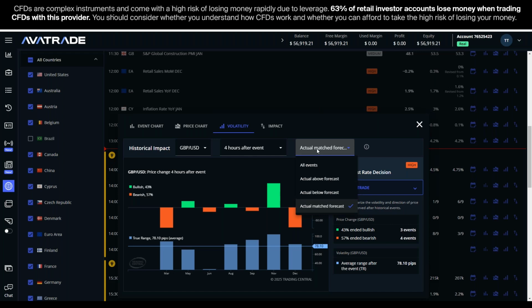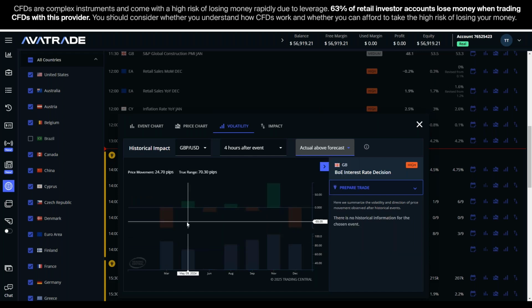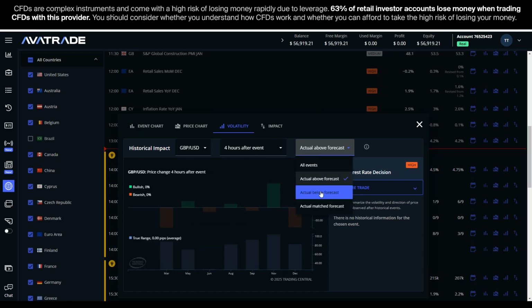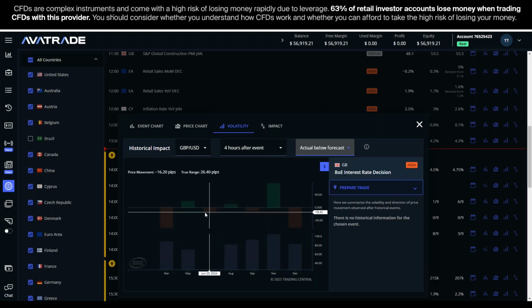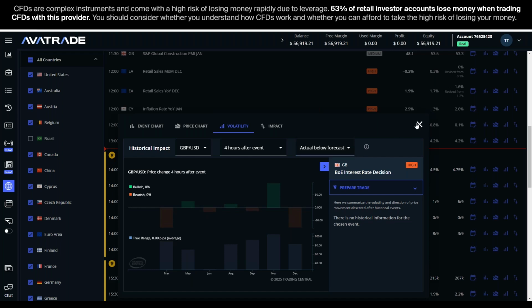Well, how often in the past year has it come in above forecast? Exactly 0 times. How many times has it come in below forecast? Exactly 0 times. Okay, so while the predictability would be higher if it did come in above or below forecast, usually it doesn't. So this rate decision, unless it comes in below forecast or above, it's hard to trade off of.